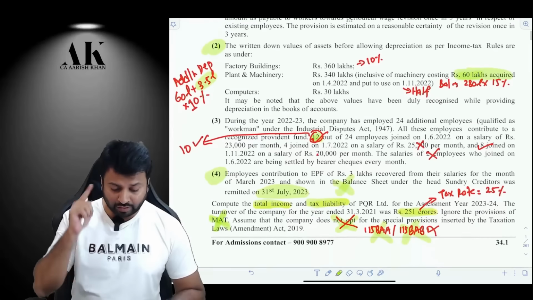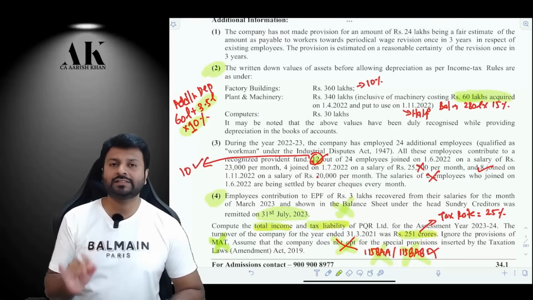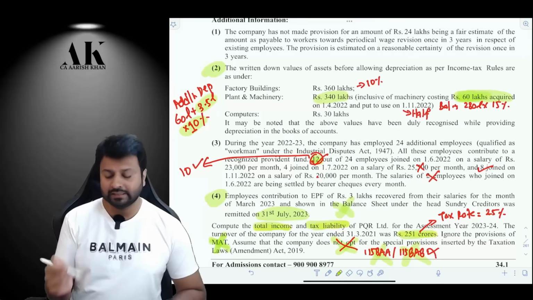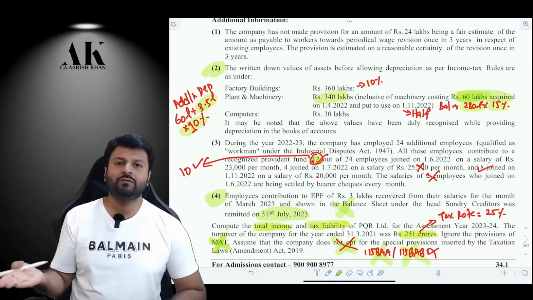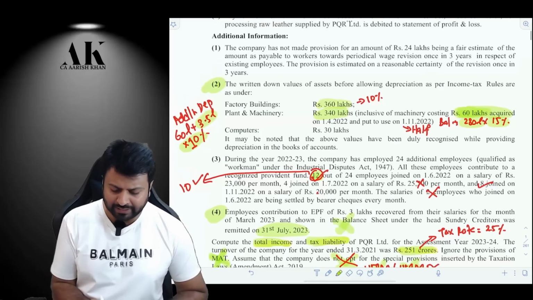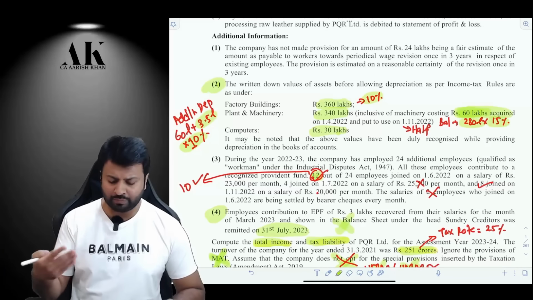Okay. So you have to think of all these things in your mind. Normal depreciation will be half and additional depreciation will also be half, and this is the effect on this particular machinery. Now the balance machinery, 340 minus 60 lakhs, the balance is 280 lakhs. The 280 lakhs machinery will be depreciated at the normal rate of 15%. That is your opening WDV. Okay. Now, building will be depreciated at 10%, as we all know. Computer will be depreciated at 40%, as we all know. These are all opening WDV of the assets.